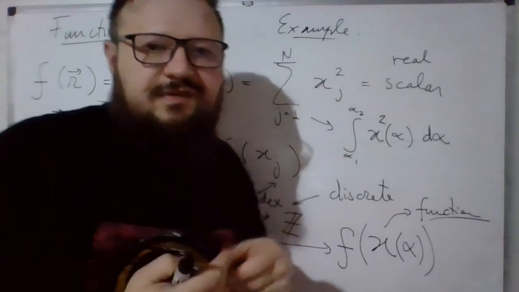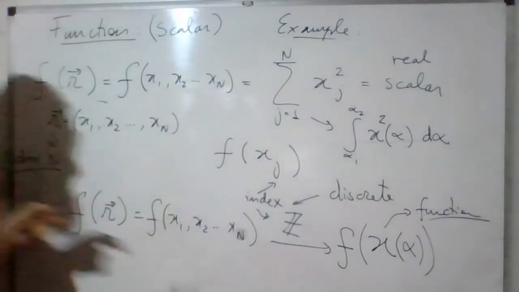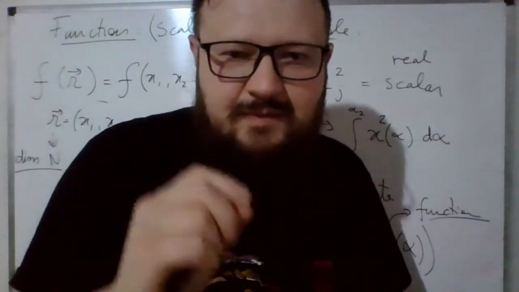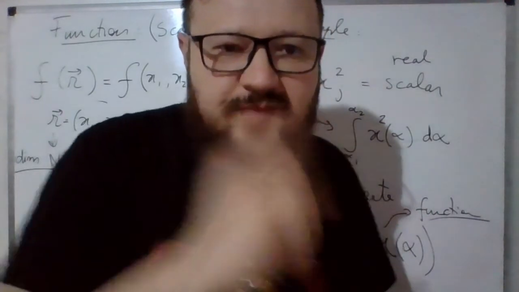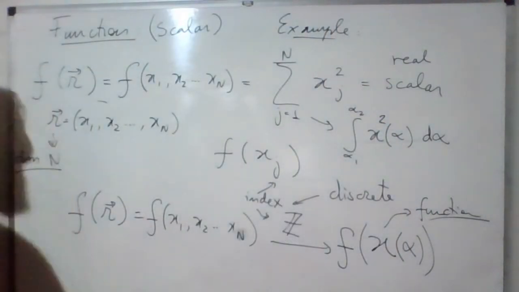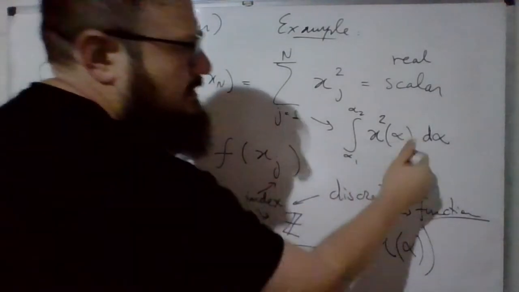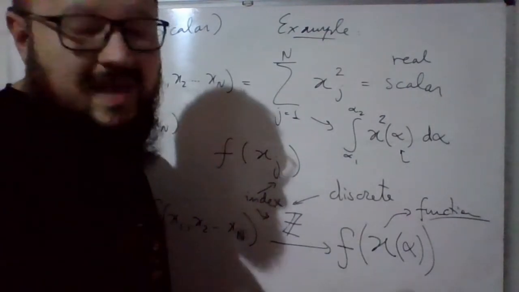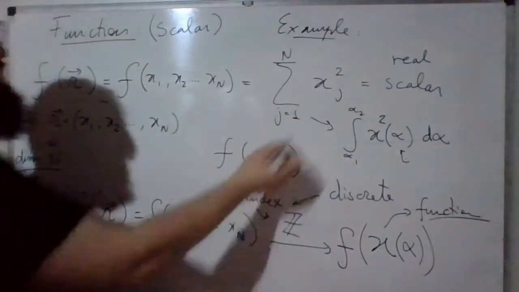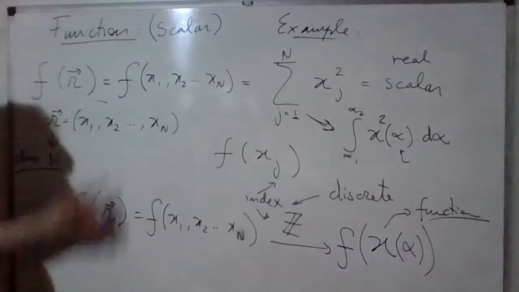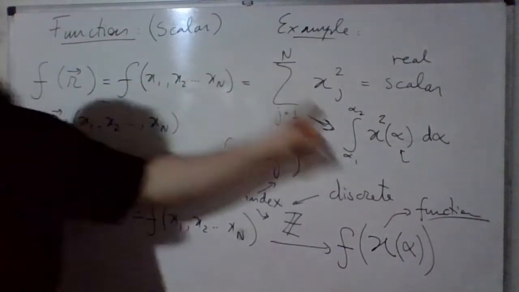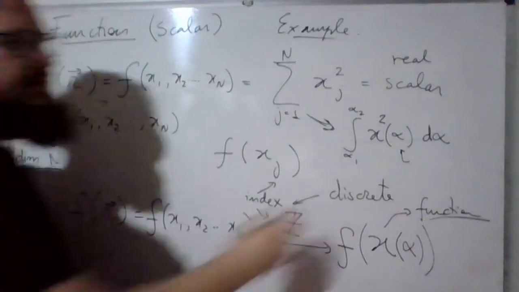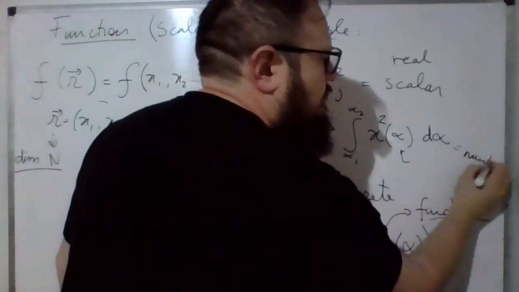Okay, the components of the so-called vector are indexed by a continuous parameter, which makes this vector here a function of some, now continuous, index, making it a function. Okay, so in this example, you are converting a summation into an integral, and an integral produces a number. The result of it is a number. Okay,